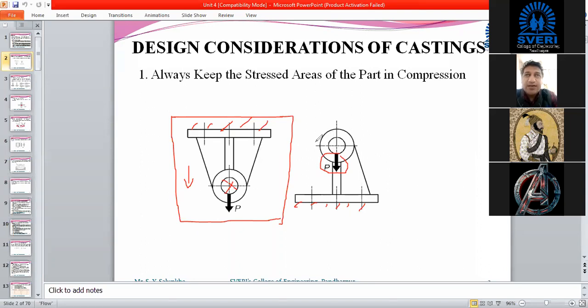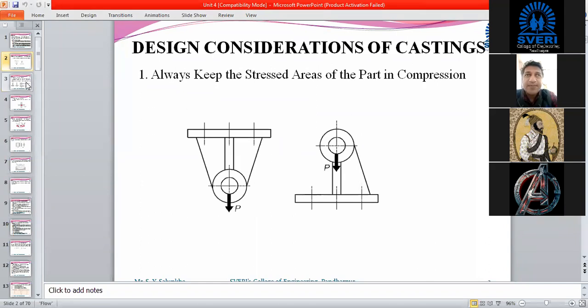You have to take care that, if possible, you provide the component in compression, not in tension. The maximum area undergoing stress should be in compression. You have to take that care while designing the component and while providing different parameters for it. This is the first guideline.